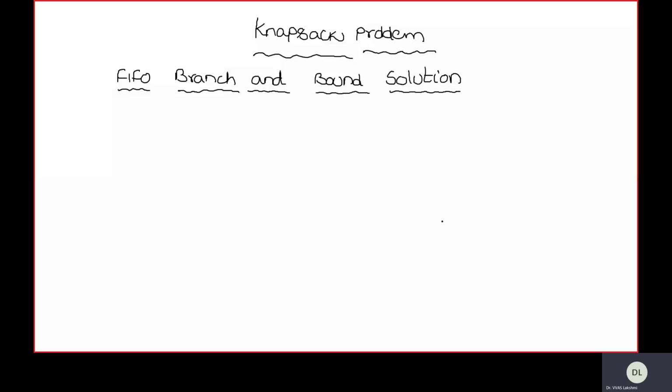So, today we are going to discuss the knapsack problem using FIFO branch and bound solution. Here, the knapsack is a problem of filling n number of items in a knapsack so that we will earn a profit. Knapsack means a bag. The constraint to fill the items is that the knapsack has a capacity, so that we will not cross that capacity. This knapsack problem is solved using branch and bound technique,